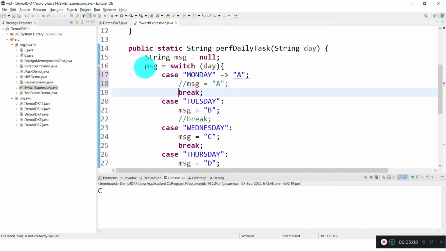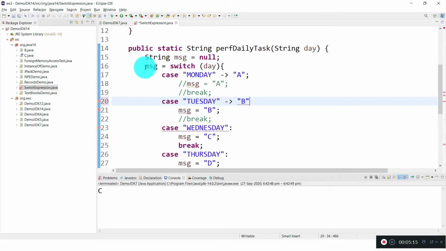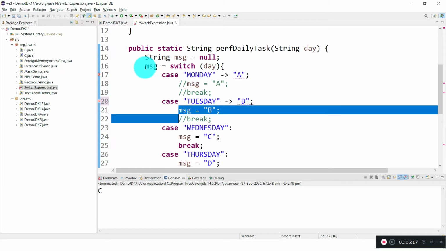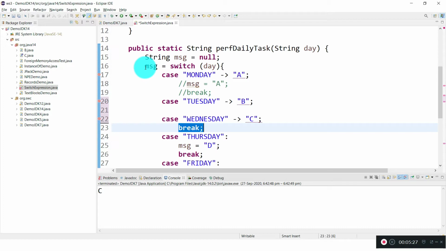These things are not required. This is how we write a switch expression for each case. I can delete these things, and this is how simple it is, we don't need a break here.